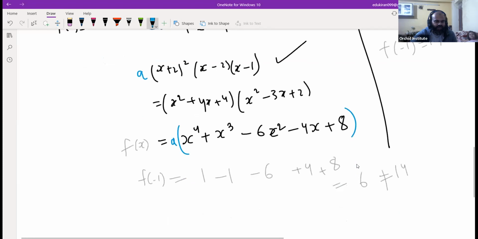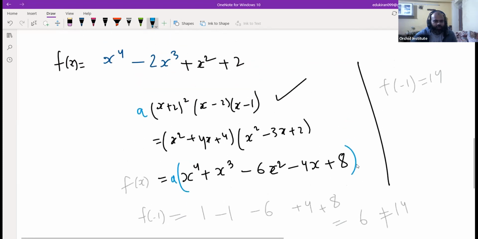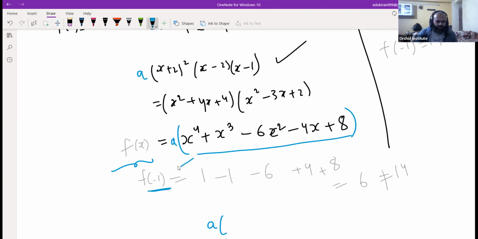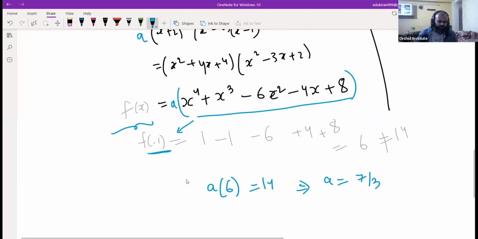So how can we decide a? That is quite easy now. Since we have f of minus 1 equal to 14, if we put x equal to minus 1 here, it will be a into the value of f of minus 1 before putting this, which is 6, and we want it to be 14. So a will be equal to 7 by 3, which simply means that we write f of x as 7 by 3